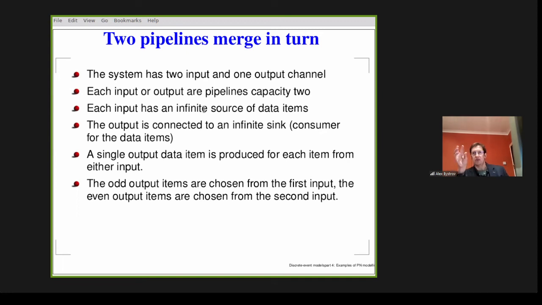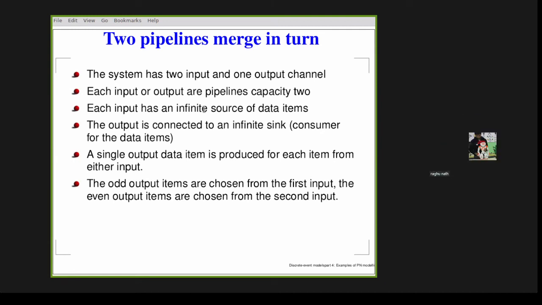And what we add to this is a serializer or a sequencer. And the sequencer will do what? It will select the first channel first, or the second channel, the first channel, second channel, first, second, first, second. How to do that? Maybe placing the token at different time, different distance. Yeah. Maybe.